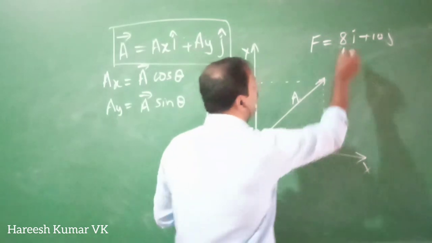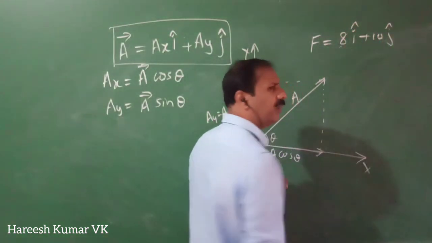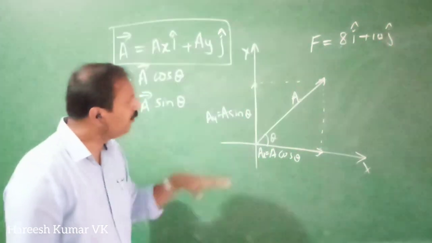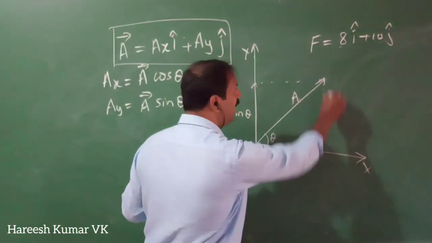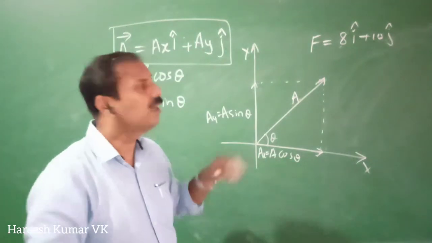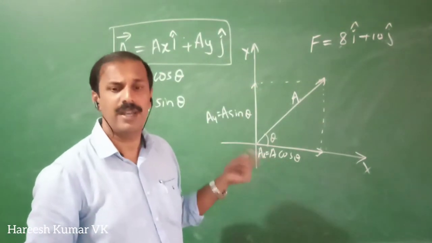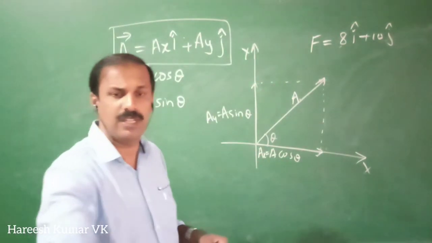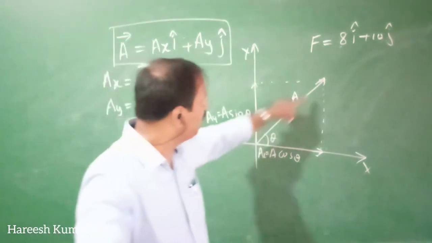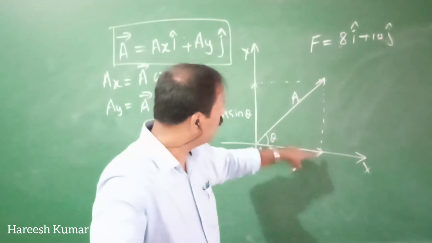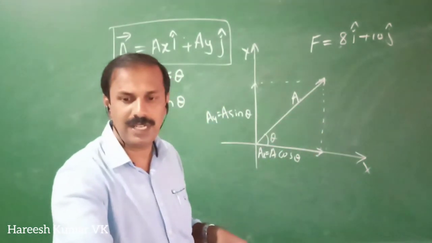So this I and J are unit vectors. So you have to put the symbol for these unit vectors. So what will be the actual magnitude of this one? For example, if this is 10 and this is 8, it will be the root of 10 square plus 8 square. The same method we can use here also. How can we get the magnitude of this vector? Because it's a right angle, the magnitude, this length, will be the root of this side square plus the other side square.